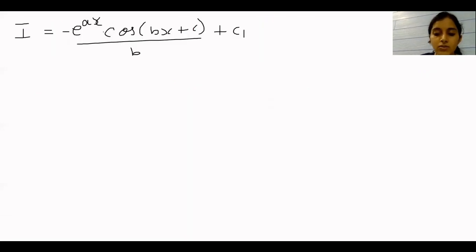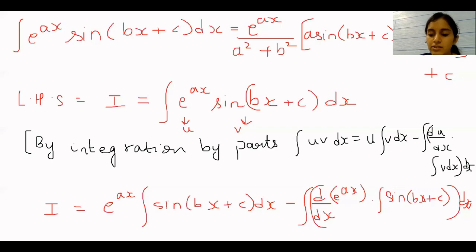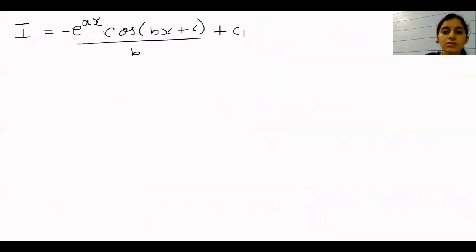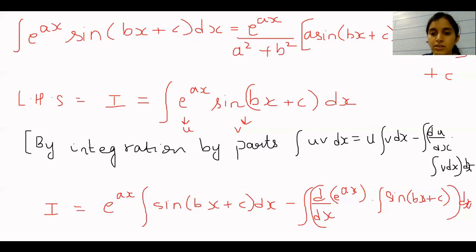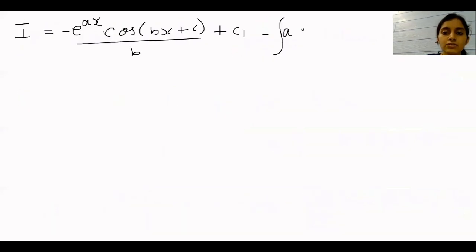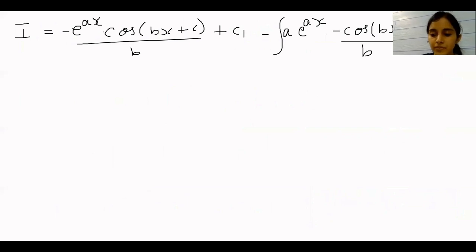Now minus, the integration sign is there, so I'll put that integration sign. What is the derivative of e raised to ax? It is a e raised to ax, into what is the integral of sine bx plus c? It is minus cos bx plus c divided by b, plus c2,